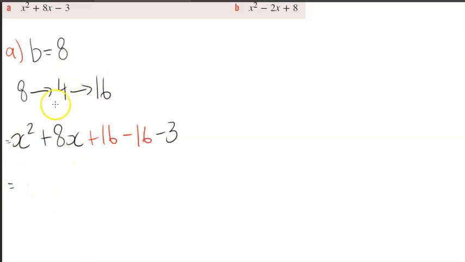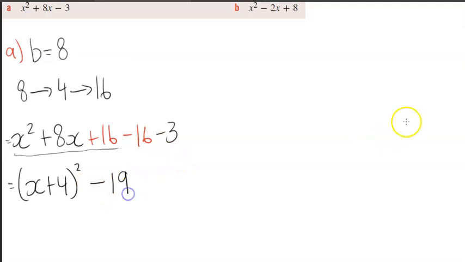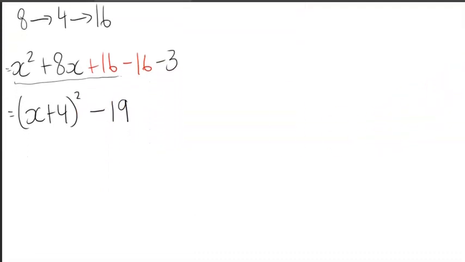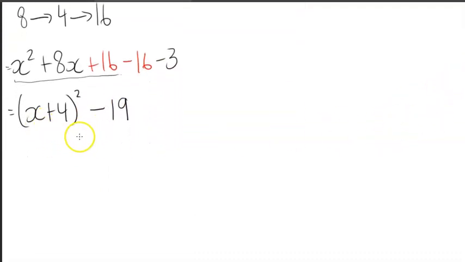Remember, it's always whatever the halved version is. In this case, it's 4. So this turns into (x plus 4) all squared, and we know it's a plus because here it's still a plus. That's the first part. Then we have this -16 minus 3, which is -19, tagging along. And now we have a difference of squares, I wouldn't say perfect squares,